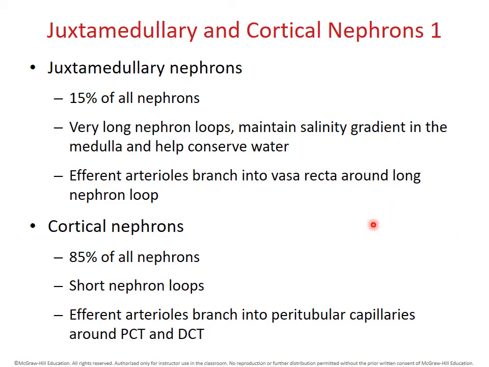So what we see in objective 38 is that there are two types of nephrons in a kidney. We have what are called cortical nephrons and juxtamedullary nephrons. Cortical nephrons are by far the most common type of nephron, constituting about 85% of all nephrons. Cortical nephrons sit primarily in the cortex of the kidney. That's where the name cortical comes from. And most of them sit just beneath the renal capsule, so they tend to be very peripheral, near the edge